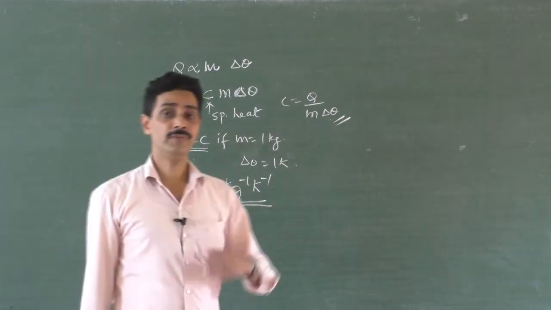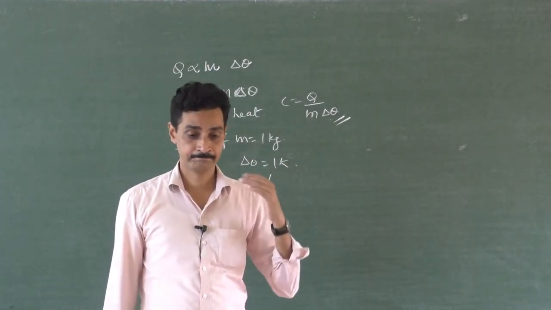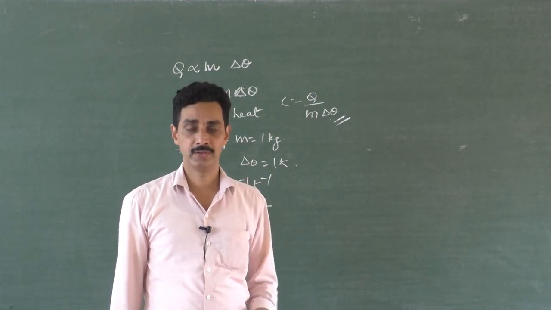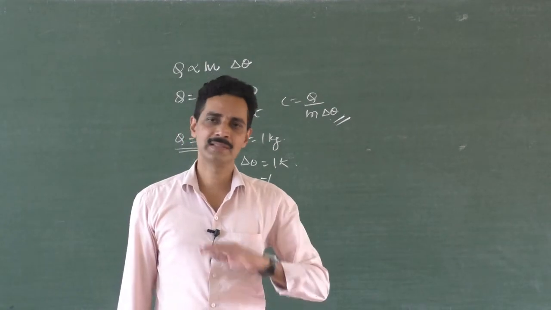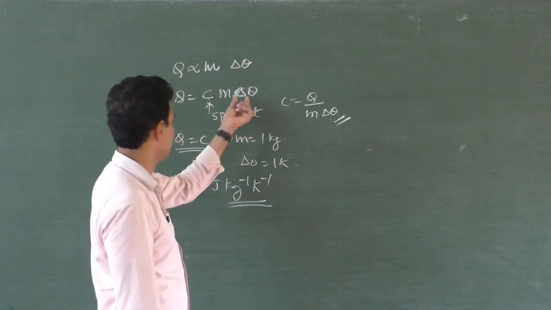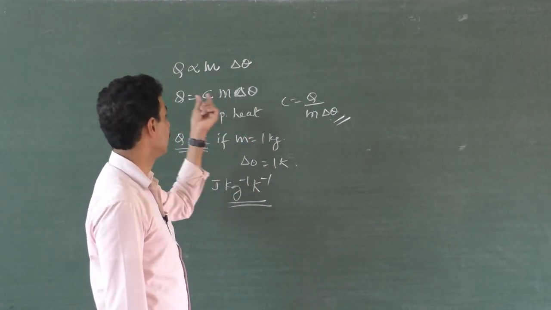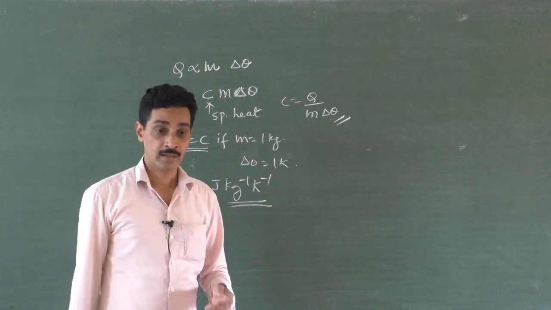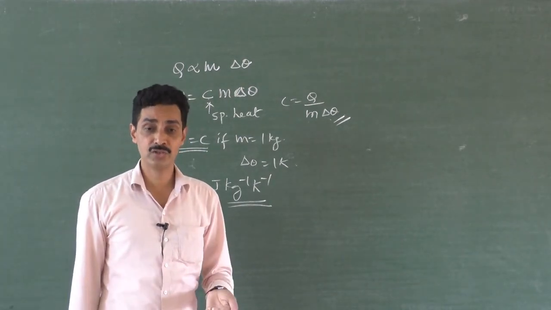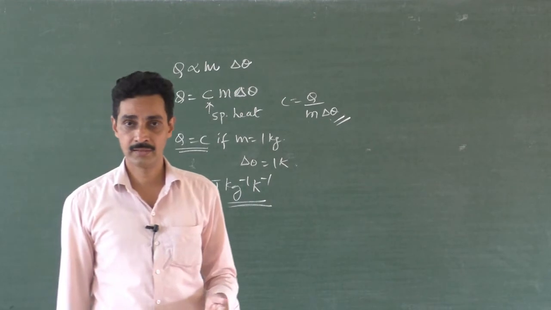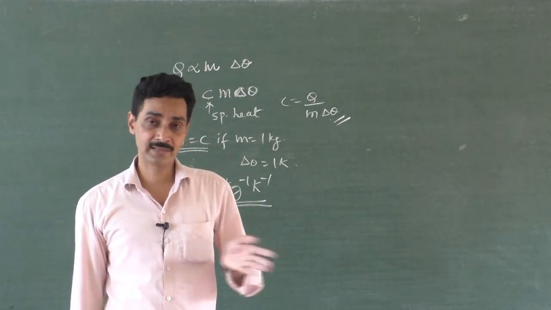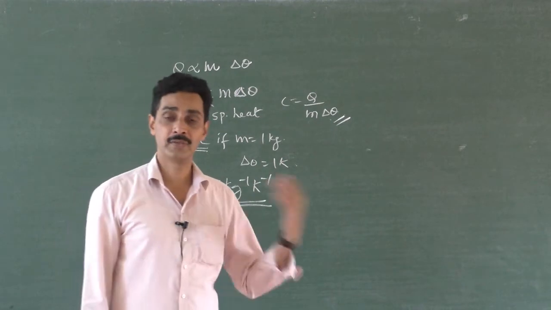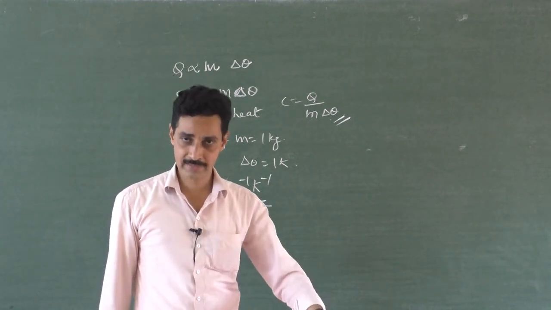But when you go for the melting point and boiling point, you know that if you take 1 kg of water and go on heating it, its temperature doesn't change. Then what do you call C as? The heat energy is used just to evaporate water, to convert it into the gas state. When you heat ice just at the melting point, the amount of heat energy supplied is used to melt the ice.